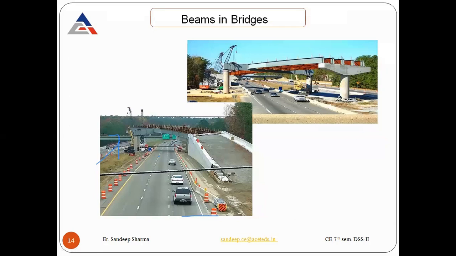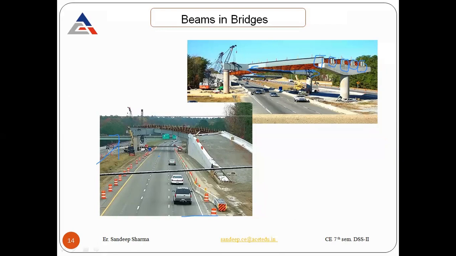Then the beams in bridges: here you can see that in the form of beams, we are using the plate girder. You can see the plate girders along the width of the bridge, and this is the whole length of the plate girder, the length of the span in between the two piers.